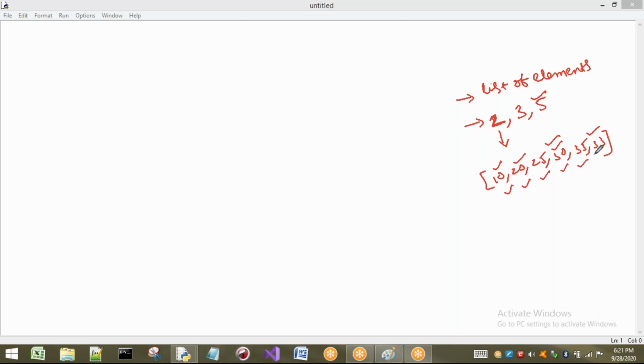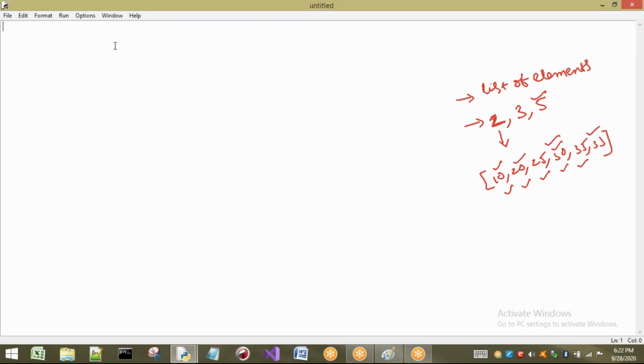So now I will write a program for this one. And I am going to store what? I am going to store the numbers divisible by 2 in one list, numbers divisible by 3 in one list, numbers divisible by 5 in one list. That means here I require 3 more lists. Just while writing the program, I will explain the concept.